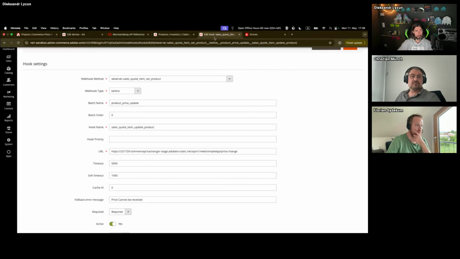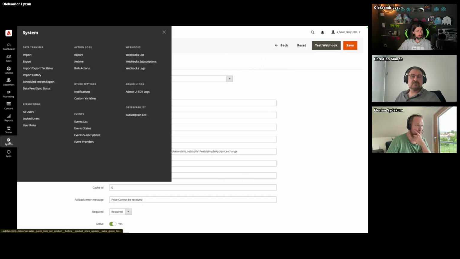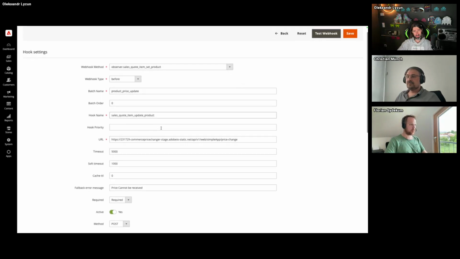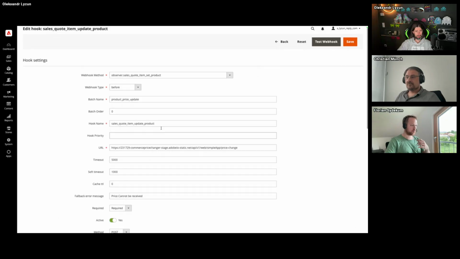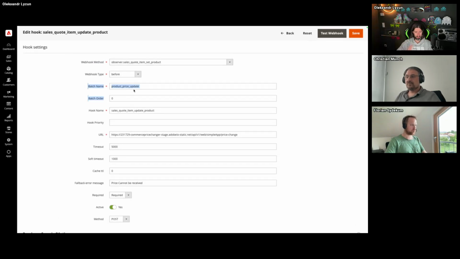I have here, if you go to the system, you'll have this webhook section. It's available out of the box, pre-installed, only on Adobe Commerce as a cloud service, the SaaS environment. If you're working with a PaaS environment, you need to install the webhook module, and then we make the same configuration, but with XML files. So it's not something which you have a UI for if you're working with PaaS, and you need to work with XML, but it looks literally the same. You can just imagine it's all XML text, which you put in an XML file, deploy, and then you have it working. So what are we doing?